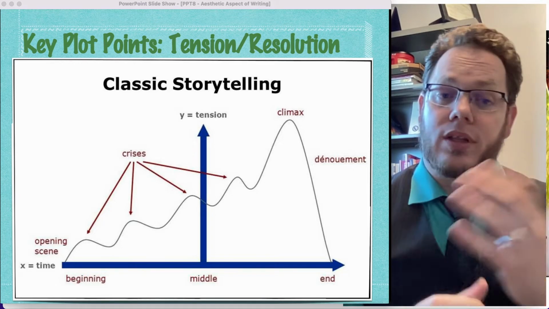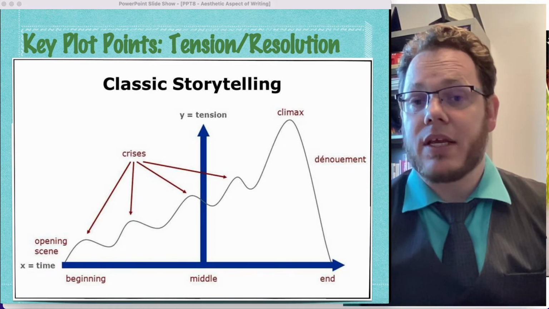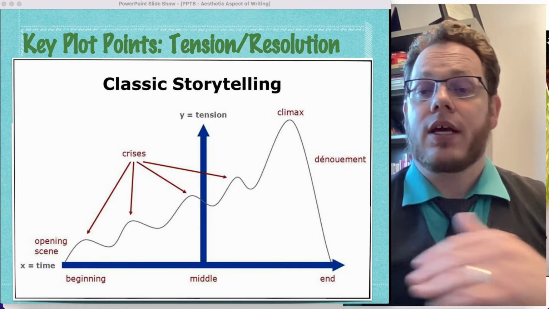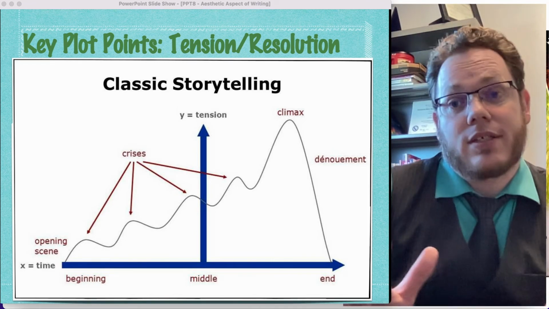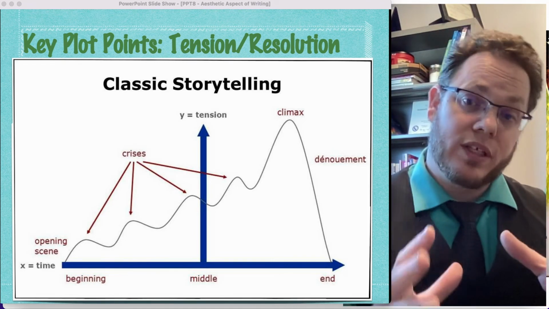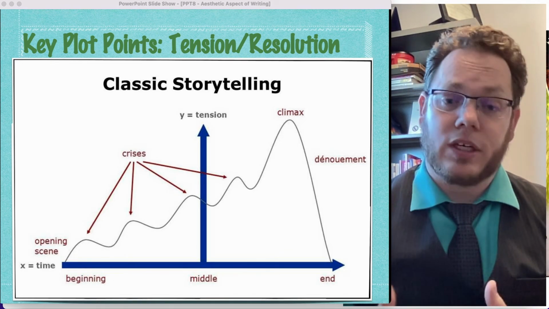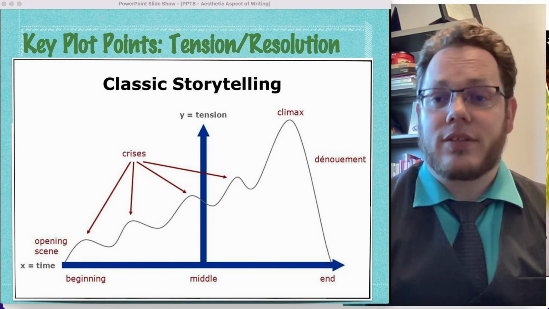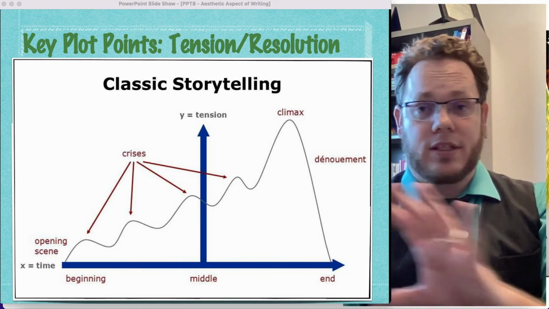So we want to think about those story bumps, those tension points, those mini crises that lead to this ultimate climax point, and then make sure all the loose ends are tied up, or as many as you want for this novel, because who knows, maybe it's a series, or for this story, because who knows, maybe there's the classic Reading Rainbow, but don't take my word for it at the end. I don't know, or dun dun dun, some sort of cliffhanger, right? But this is the basic story.